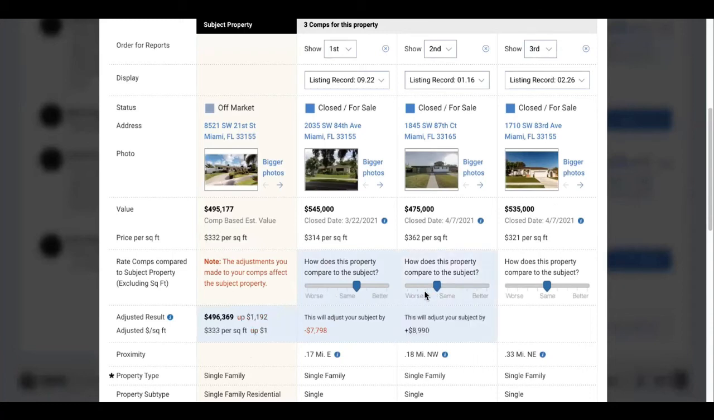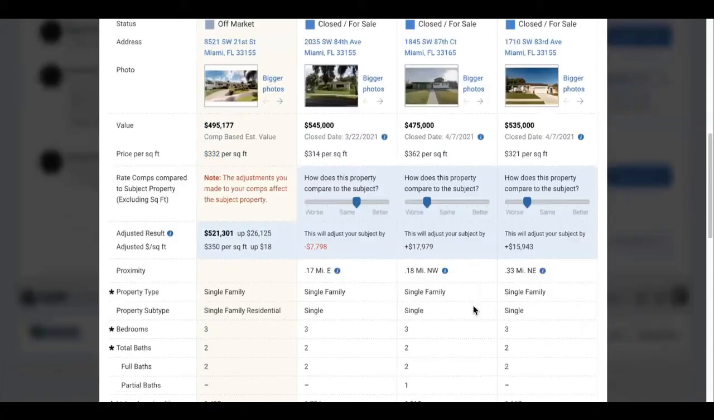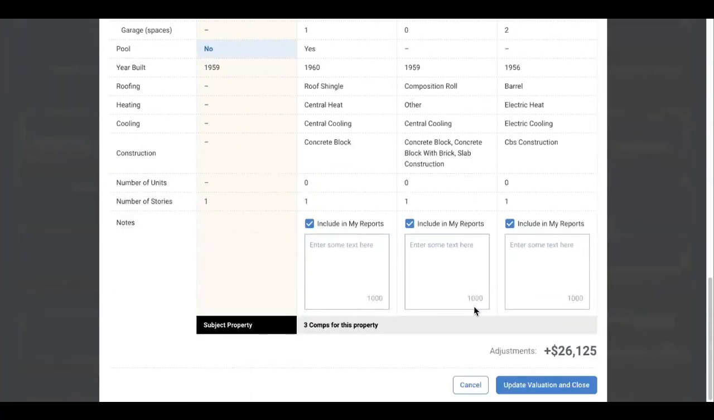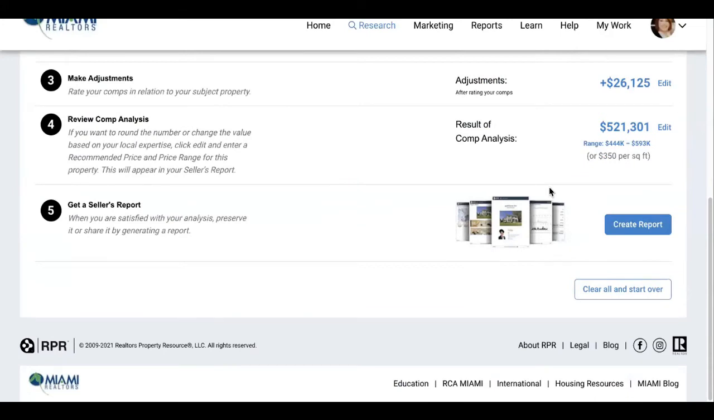Okay, so if it's missing a pool, I would say it's a little bit worse, right? And I would go through and make my adjustments. Now, once you are done making your adjustments, you can enter text at the bottom as to why you made adjustments, why you think that comparable is better or worse, and then you would update valuation and close. Once you update the valuation and close, they will give you a list price and a price range right beneath it. It is pretty exact, $521,000 and